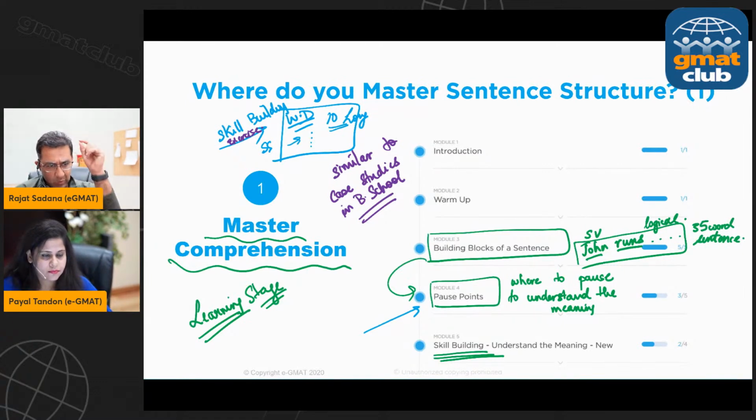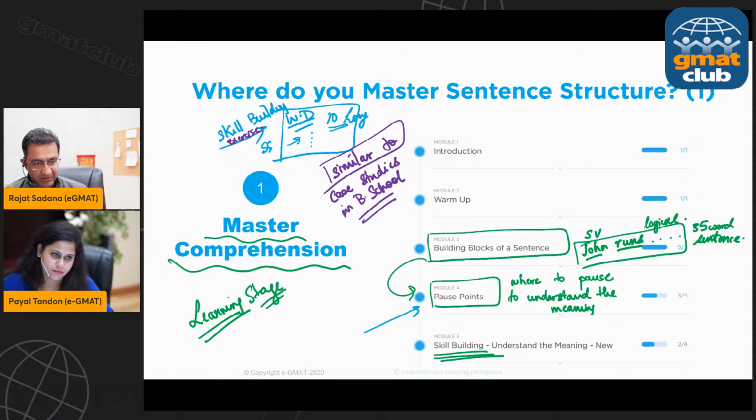What you're really saying is, what's the job that each fragment is playing or doing, or what's the role that it's playing, and then why is it doing that role? Why is it doing it correctly? What are the logical linkages between each fragment? The moment you understand that, then you're able to figure out when there are errors in a sentence. You're able to figure that out. In the same way,